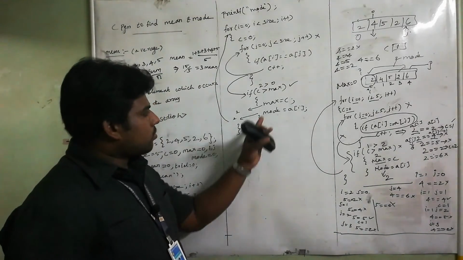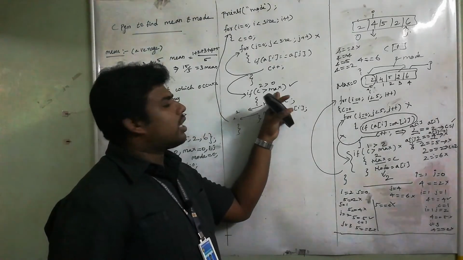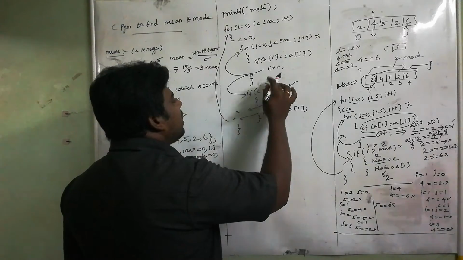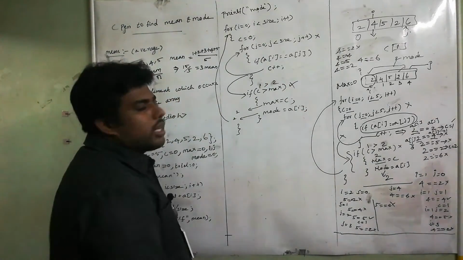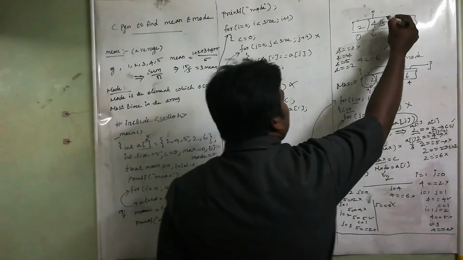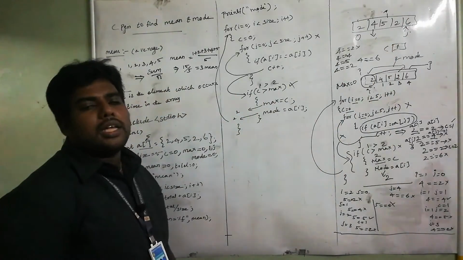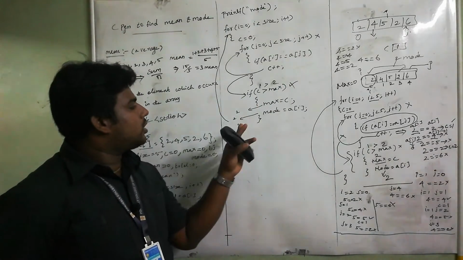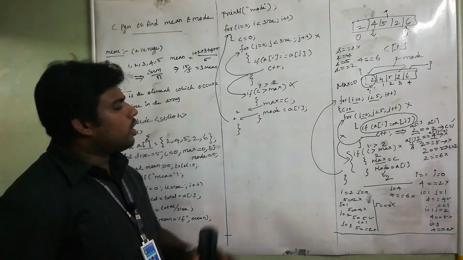Okay. Now see the count. See the C value is 1. Already max is 2. 1 greater than 2, condition false, so it won't execute. Again it will go to the I value. Now I value is 2. Like that it will compare all the elements with one element. So only 2 occurs 2 times, most frequent here. So your mode is 2.